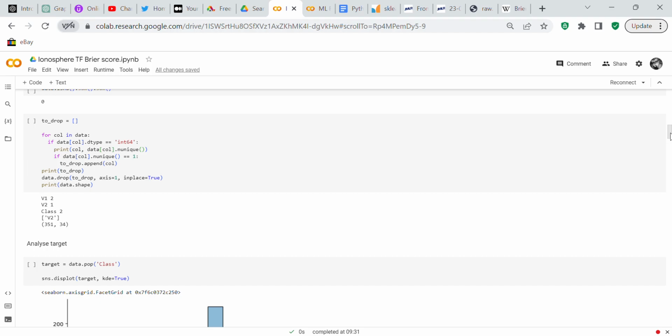number of unique values in the integer values. So for col in data, if data[col].dtype equals int64, print col, data[col].nunique, so that's printing the number of unique values. If data[col].nunique equals 1, we're going to drop it. You're going to toDrop.append col, print toDrop, and then data.drop toDrop, axis equals 1, inplace equals True, print data